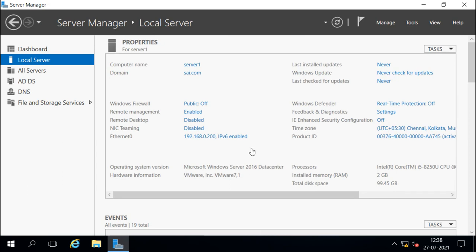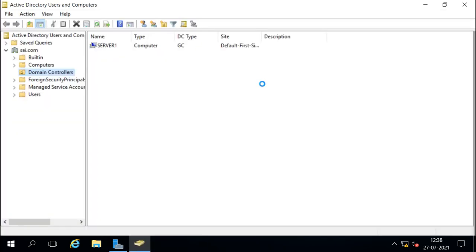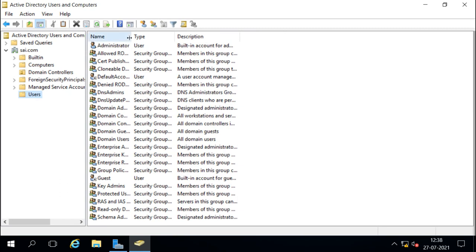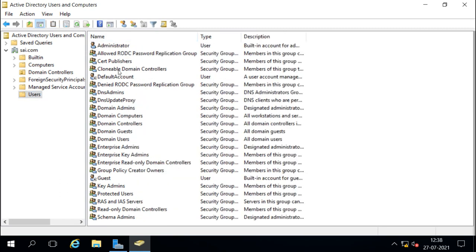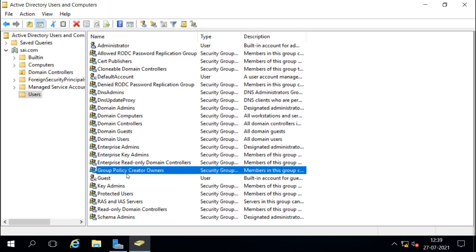Okay, now if you check the Active Directory here, I'll show you this. In Active Directory Users and Computers, when you go to this Users tab, you can see all these groups here, but there is no group for DHCP. When we do the post installation task in the widget and finish it, it will create those two groups here. So let's do that now.